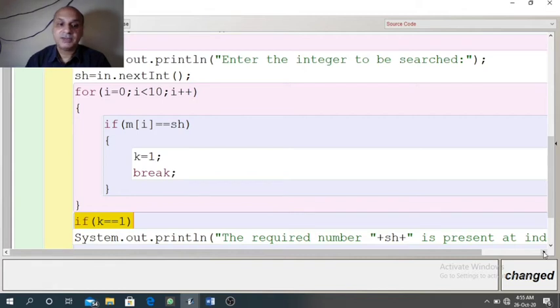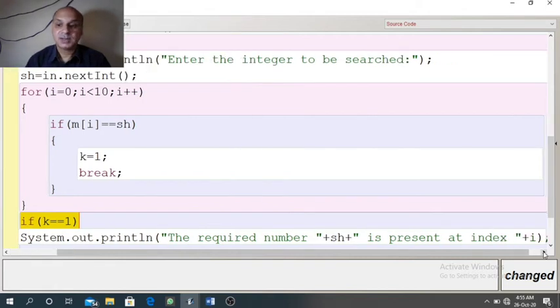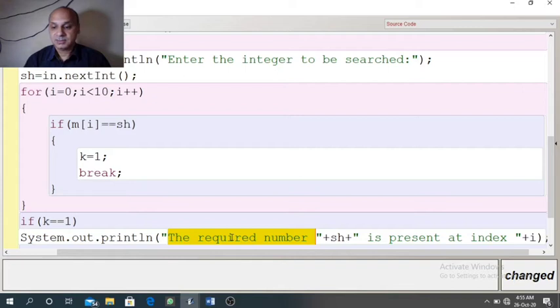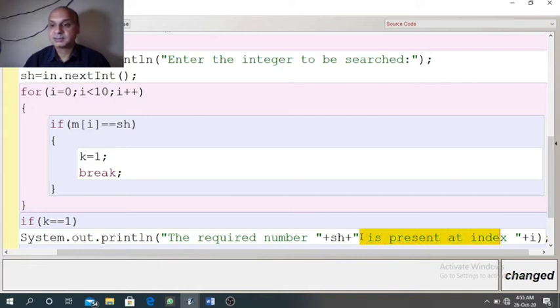So when the value of k is 1, the body of if will display a message: the required number SH, meaning the value of the number, is present at index... and what is the index? i.